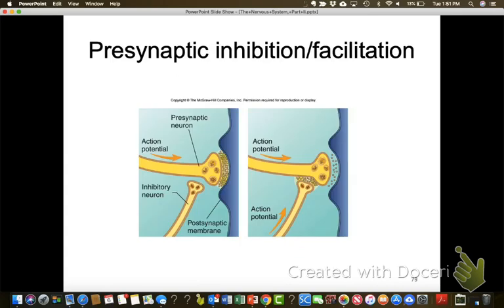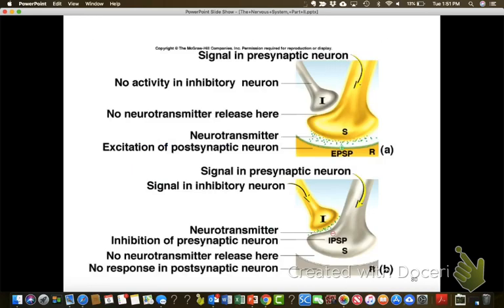from threshold. We can also stop things at the source by doing what we call presynaptic inhibition or facilitation. So when you have a synapse between one axon and another axon, it can either stimulate or inhibit the secretion of neurotransmitter at that. I have no good examples of that. I just know that it can be done. So if it's inhibitory, it slows or stops the secretion of neurotransmitter, and if it's excitatory, it's going to stimulate